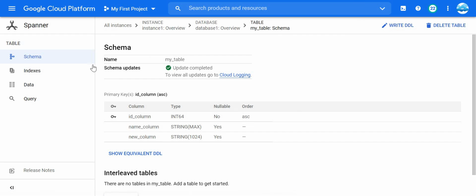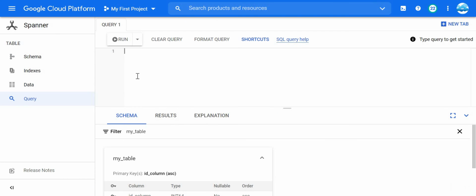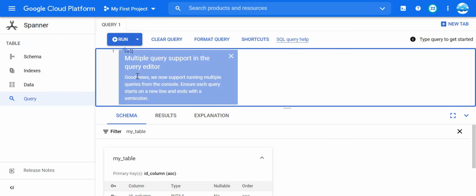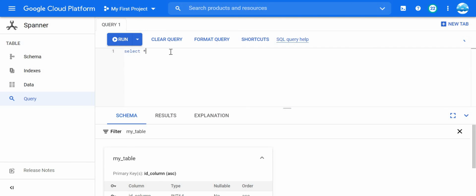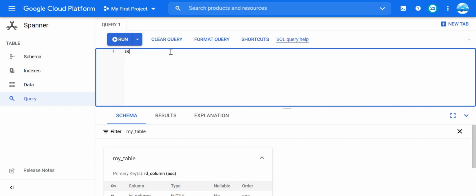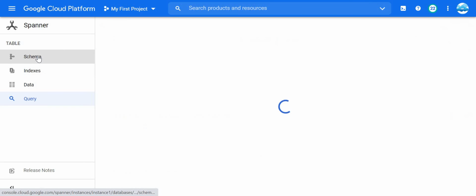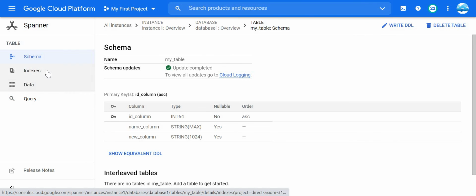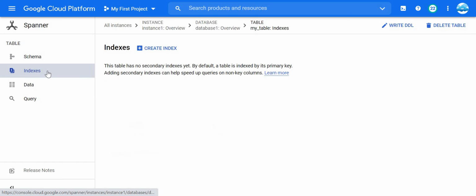And as I said, if you want to query this database, you can run SQL like select star, as per your requirement. Once you are done with this, just go back and go to schemas. If you want to create schemas or indexes, all these functionalities are there. From here you can do the creation.